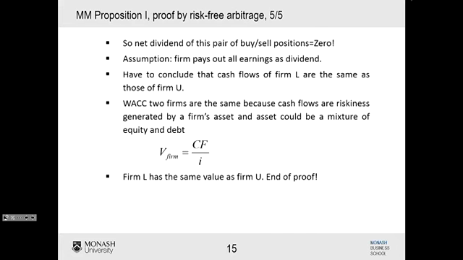Weighted average cost of capital that we learned before. I'm going to bring that weighted average cost of capital that we learned in the previous lecture number 7. Remember, I bring the lecture number 7's material back into this one again. Cash flow is the same in terms of the firm-wise. Then the weighted average cost of capital has to be the same. Why? Because the cash flows are riskless,